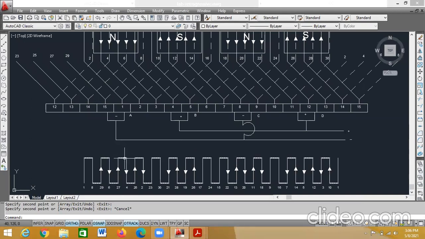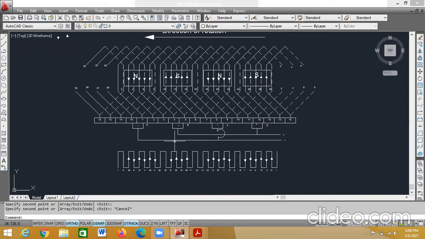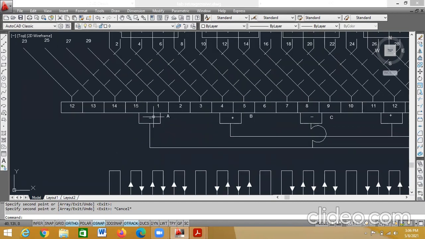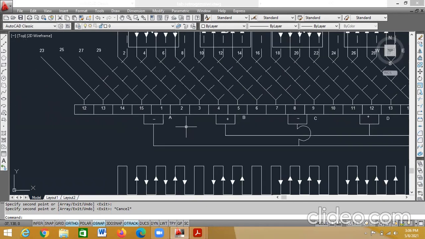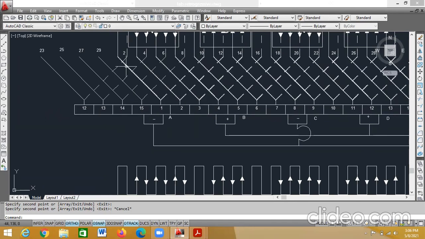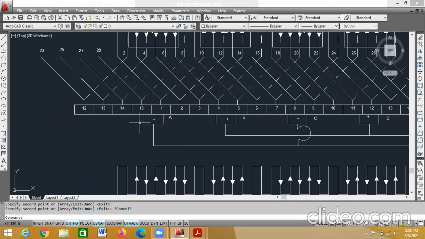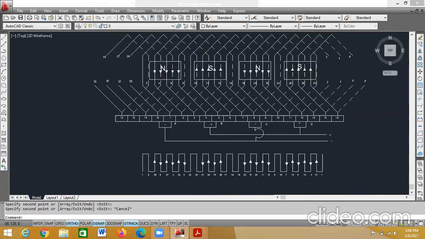directions for all the conductors which are within the poles. Okay. After this, what I should do? Now you have to place the brushes. Come to the first negative brush. Which connection it is coming, you have to see. See here, stretch this. This is not within the brush. So this connection is within the brush, which is that 1 connected to 10. So for 1 connected to 10, you have to place the negative brush A.